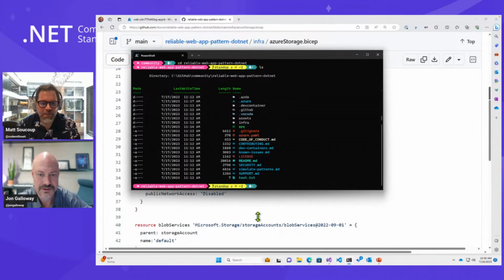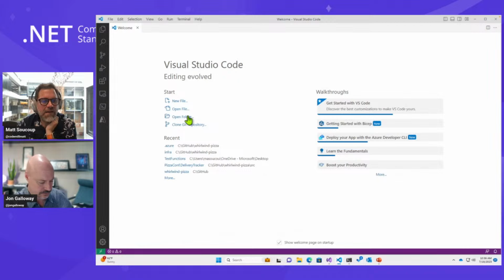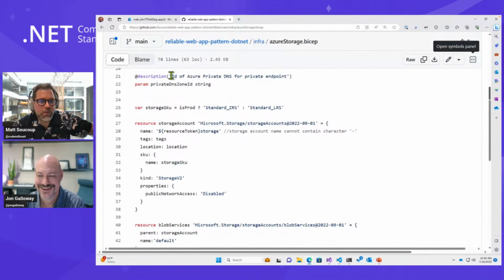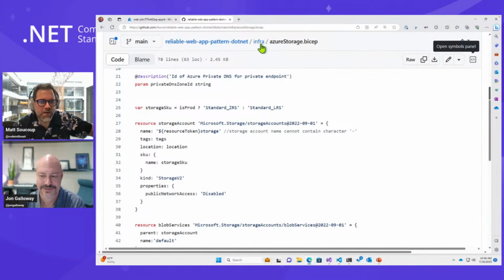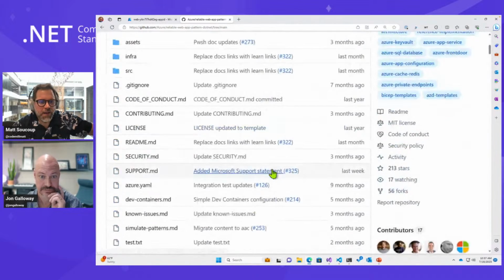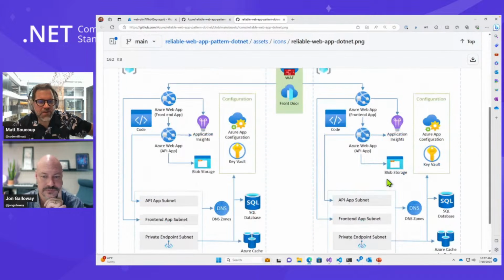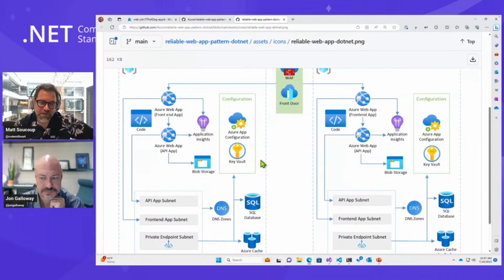So AZD is the Azure Developer CLI, and it lets you do things like deploying everything that we see here. The Azure Developer CLI lets us deploy that because everything is modeled as a Bicep file, and it does it all for us. So we don't actually have to sit through the portal or sit with the Azure CLI and type it all out,